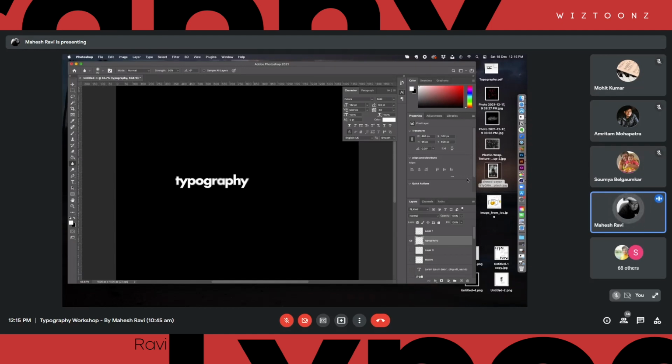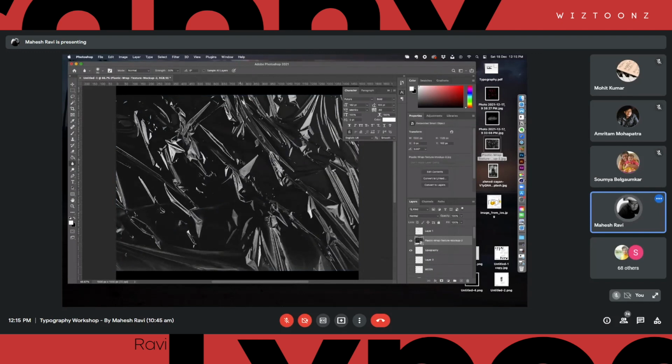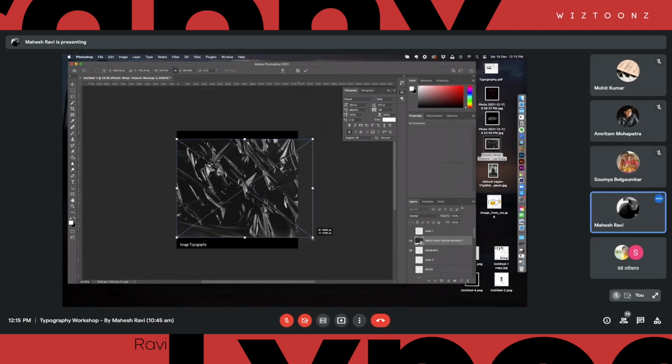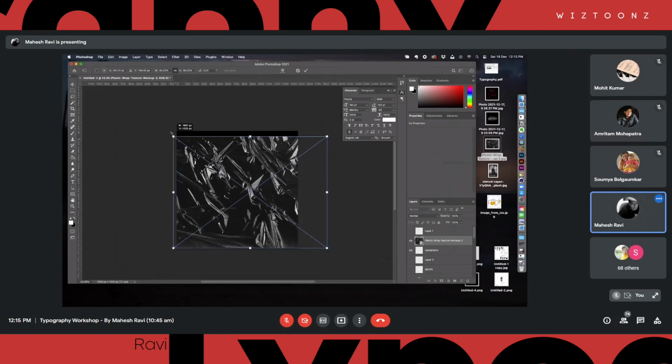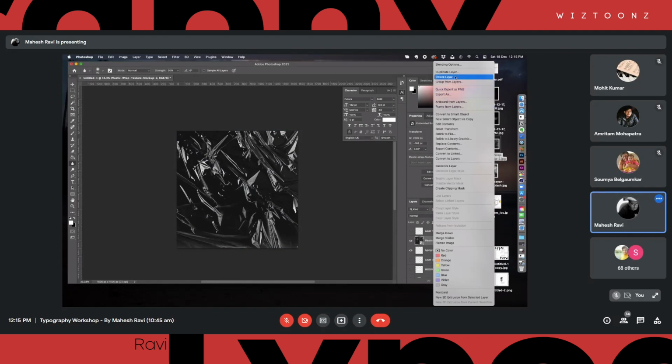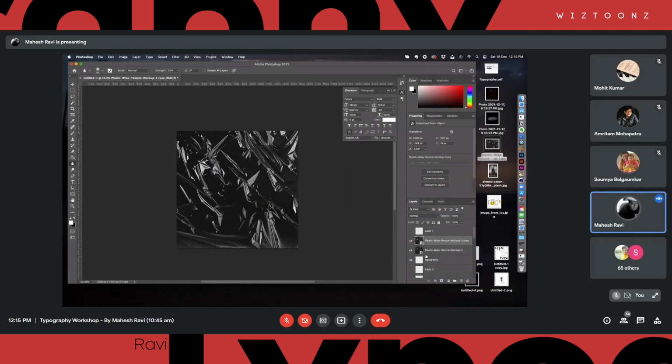So that is already there. Now, what I did was I actually brought in this particular texture. I just found it from Google. I dragged and dropped it on top of it, right? So now what I basically did here was I will scale it up. I'll create a duplicate of this first. Okay, create a duplicate. One duplicate copy, I will bring it below the typography, and one I will keep right now on the top, right? We'll bring it back again later once the process is done.